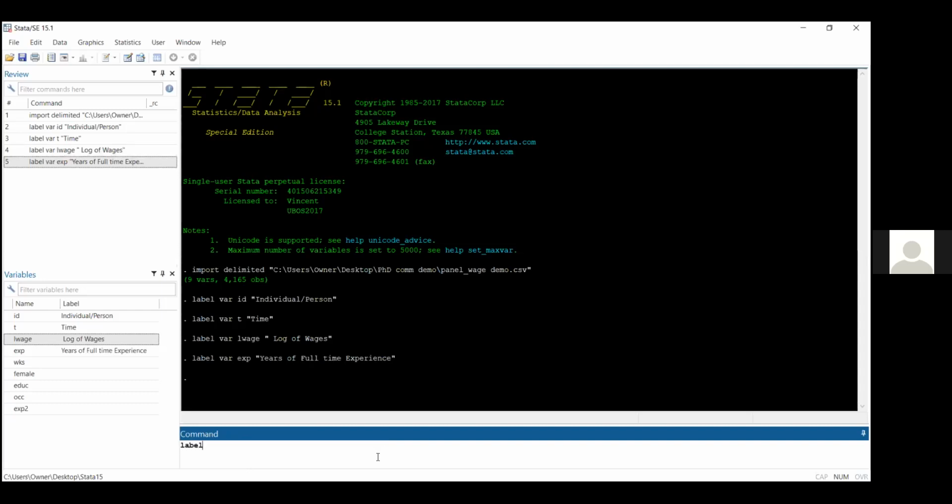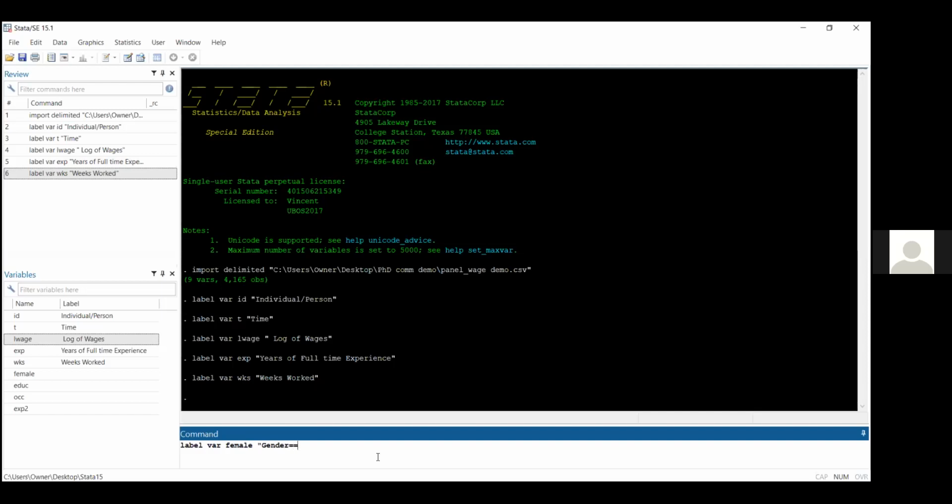And then I also label the other variable called WKS, which stands for weeks worked. And I'll also label the variable we are seeing as female, which means gender,